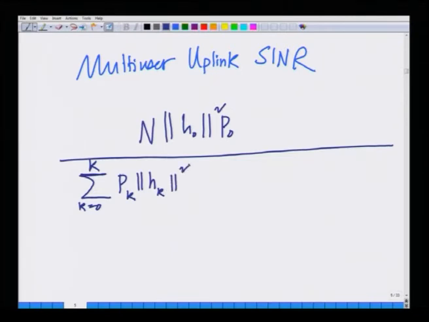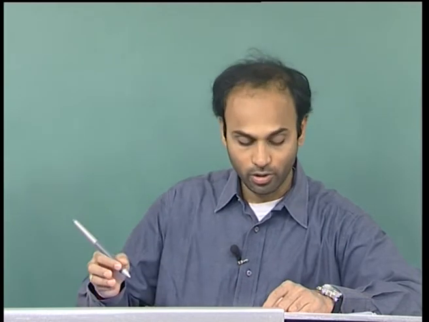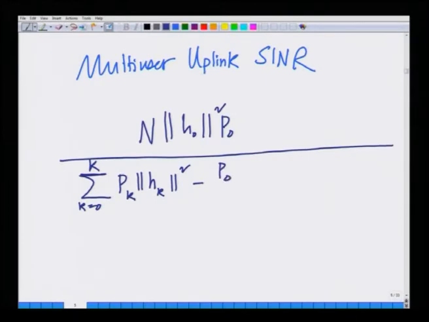Remember, previously norm H naught square was common, that is why we had the sum of powers. Now, each power is multiplied by its own channel, because this is uplink and each signal is traveling through the channel corresponding to that user, and essentially the rest is all the same, P naught over norm H naught square